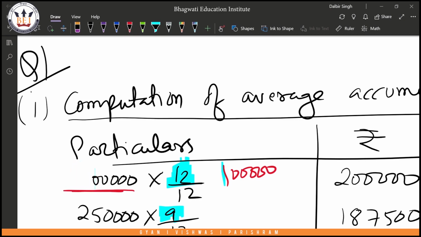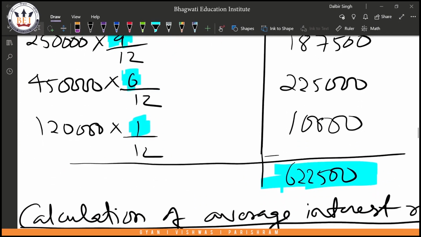The reason we considered 2 lakhs here is that the loan was taken on 1st January. Even if you find the average expense for that special loan, you're going to do 1 lakh into 12 months by 12 months. For general borrowing also, you're doing 1 lakh into 12 by 12 months. So this 2 lakhs has two things: 1 lakh for specific borrowing, and 1 lakh for general borrowing. Both are outstanding for 12 months, which is why we've included both. So in this 6 lakhs 22,500,